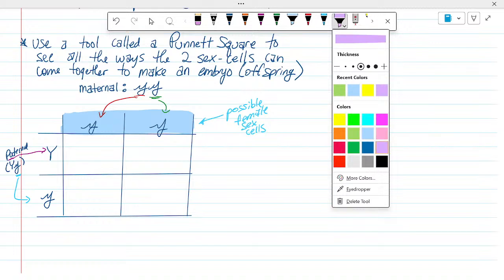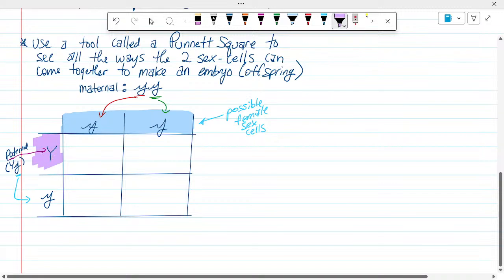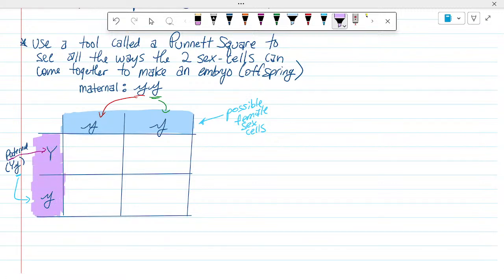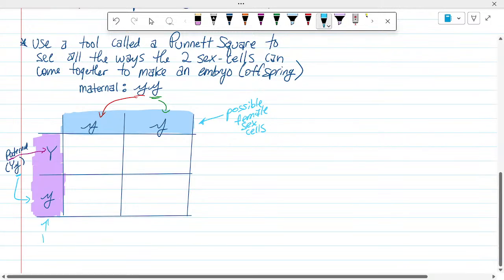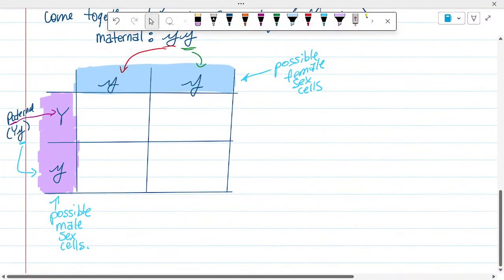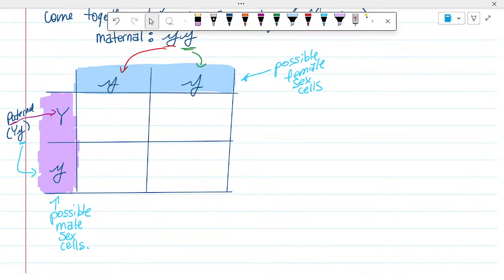Let's go. That's a nice looking color. And what are these? Well, these are the possible male sex cells, which in a plant is pollen, right? And pollen fertilizes seeds. So there we go. So now, with that in mind,